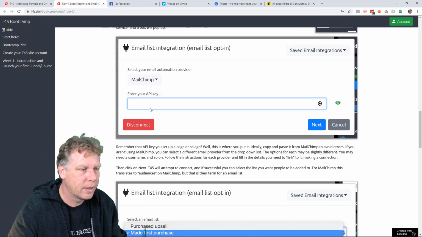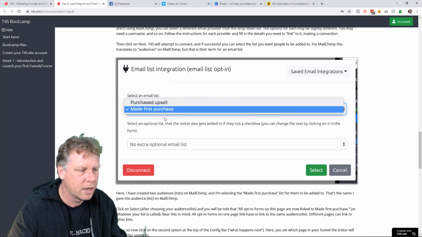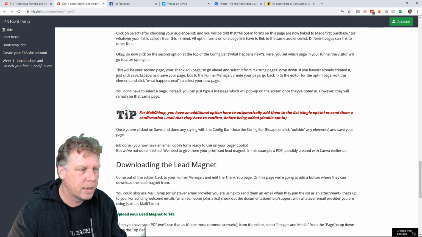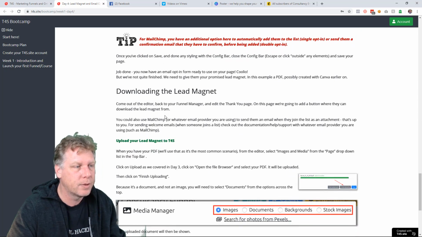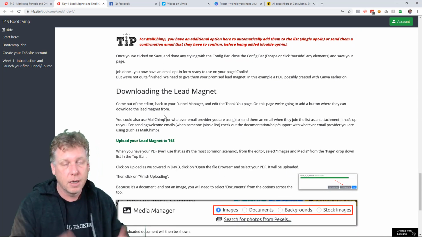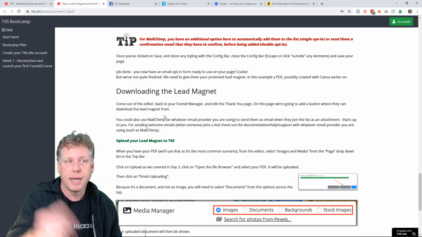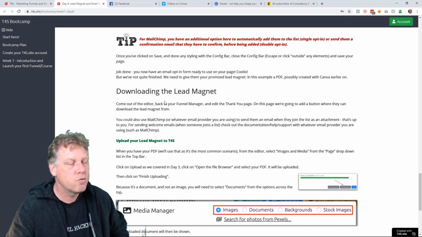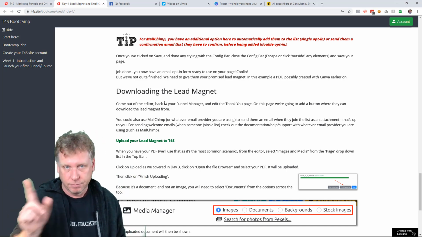So where are we on here? We've done all that. We've had our MailChimp. We've chosen our list. And we've done all that. So we're up to date. That's good. So we've now got our opt-in form on the page, linked to MailChimp. It's going to go to the next page once it's got their information. Job done. Right. That's fine. However,